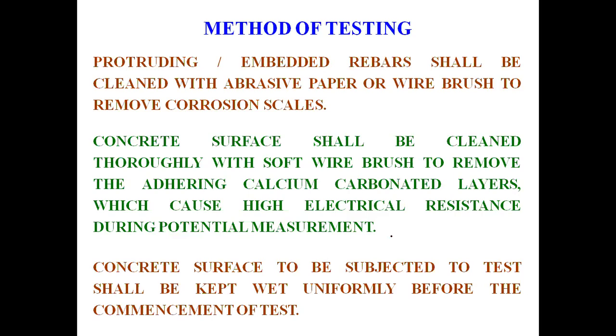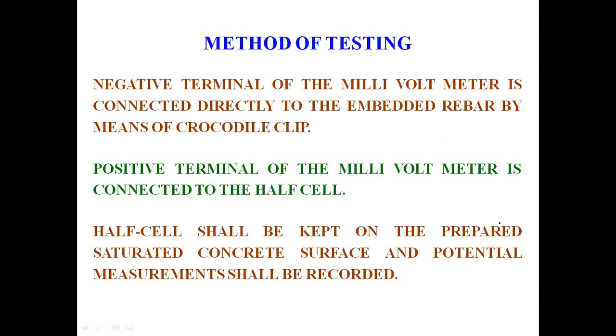The concrete surface to be subjected to test shall be kept wet uniformly before the commencement of the test. So your concrete surface should be wet when you are testing your rebar, measuring what we call the corrosion rate. Okay. So next, the negative terminal of the millivoltmeter is connected directly to the embedded rebar by means